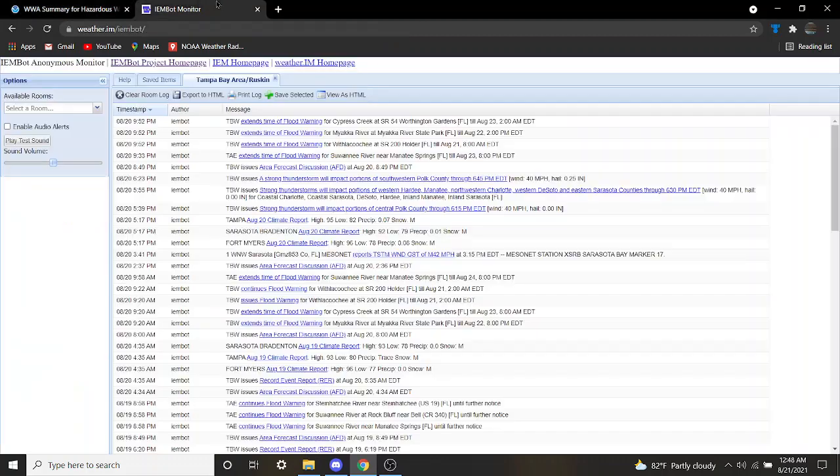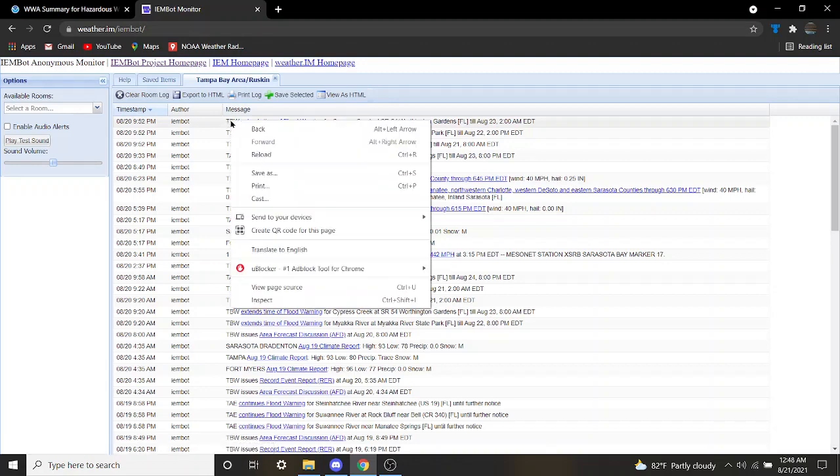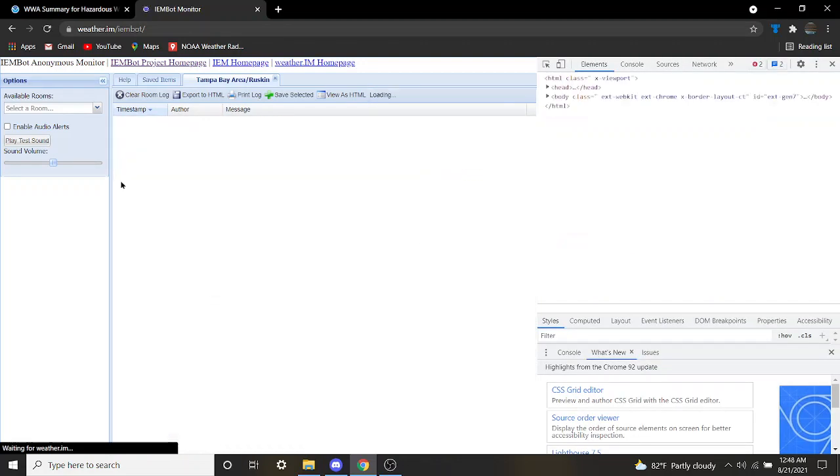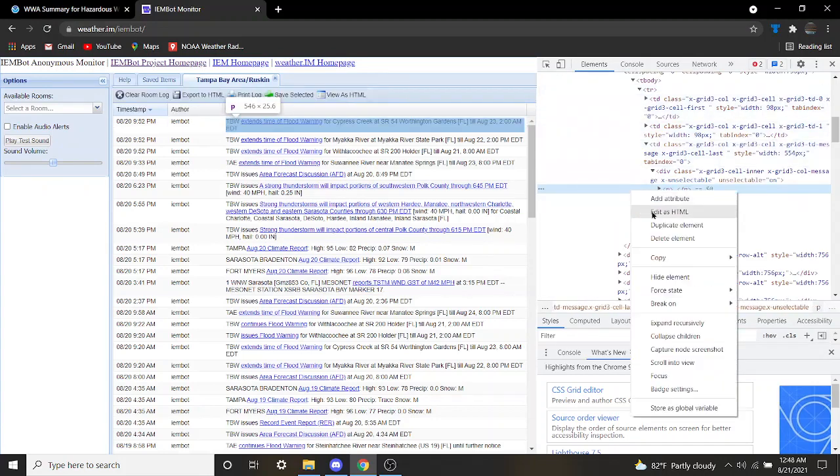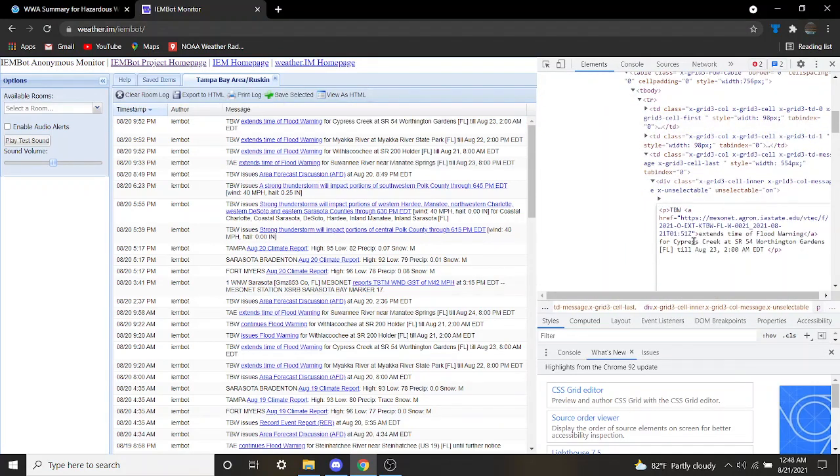Next, we're going to be going to the IEMbot part, which is pretty much the exact same thing. So just right click, then go to inspect, edit as HTML, and then say ILN issues flood no wait, we want this